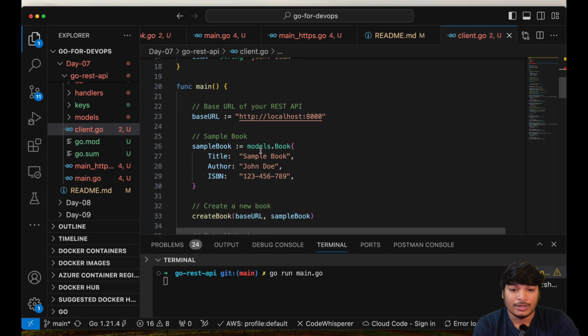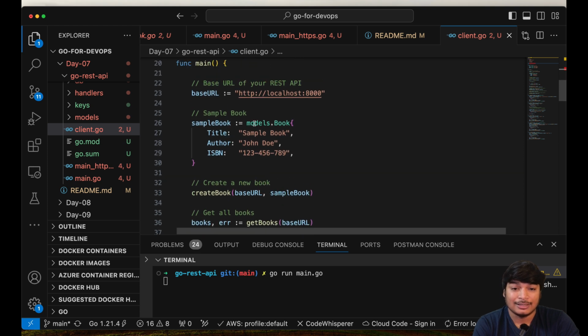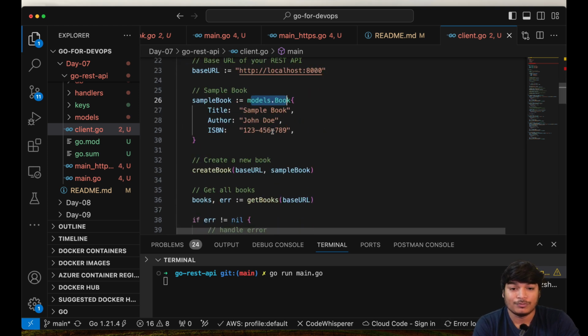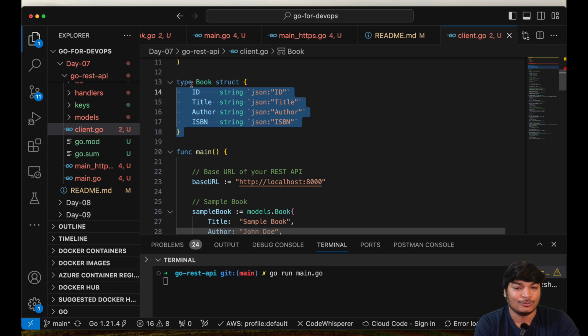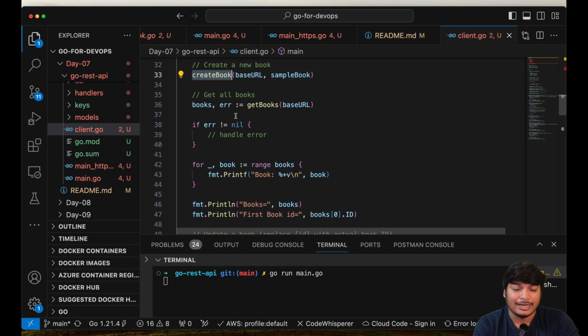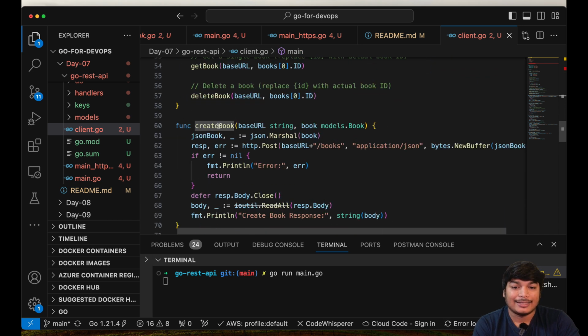Okay, so when supplying the creating the models part, the sample book actually comes from the model.book, not from this structure, by the way, just to give you a heads up. So that record we have supplied in the create book function. And in the create book function, it's just simply calling